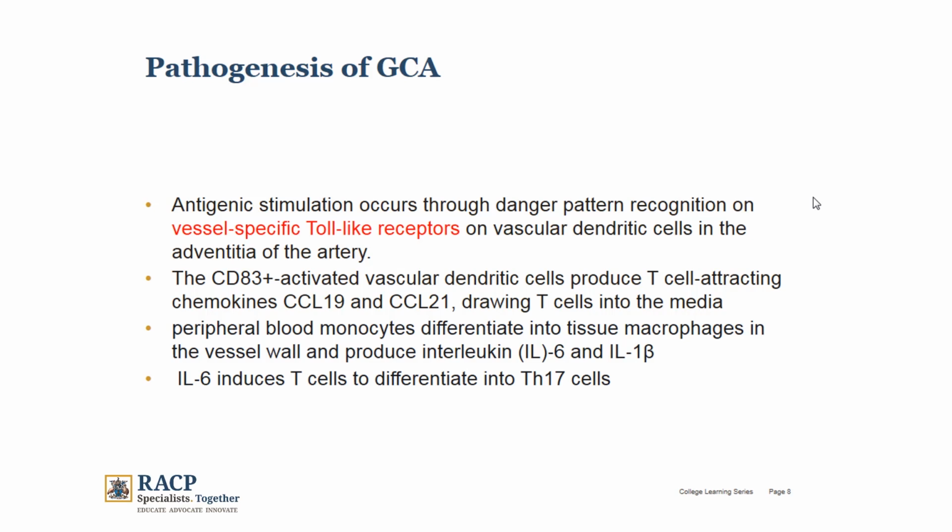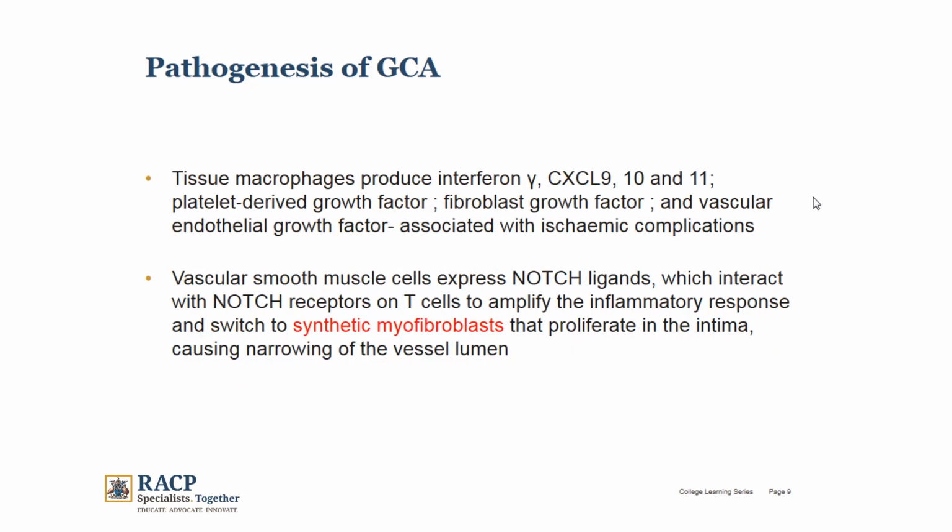They produce interleukin-6 and interleukin-1 beta. Interleukin-6 induces T-cells to differentiate into Th17, which is steroid responsive. Tissue macrophages also produce interferon gamma and platelet-derived growth factor, as well as vascular endothelial growth factor, which are associated with ischemic complications. Notch receptors, which are bound by Notch ligands,